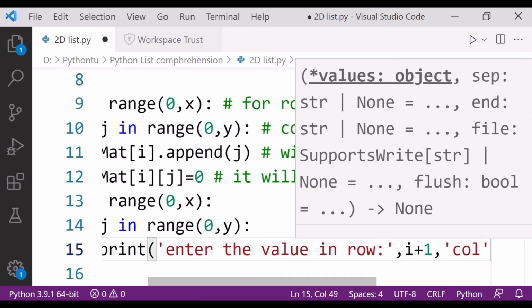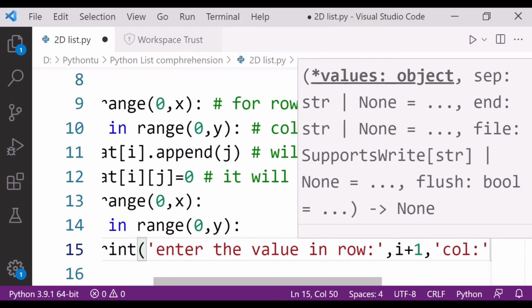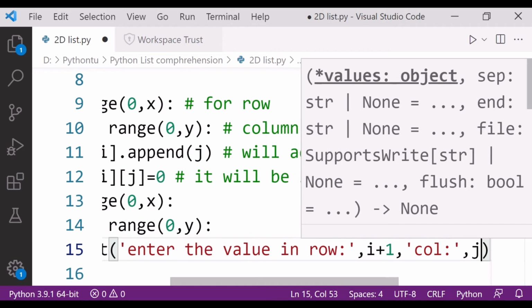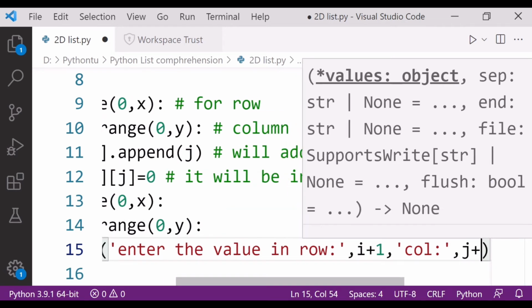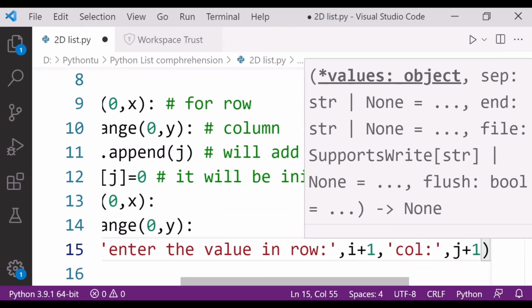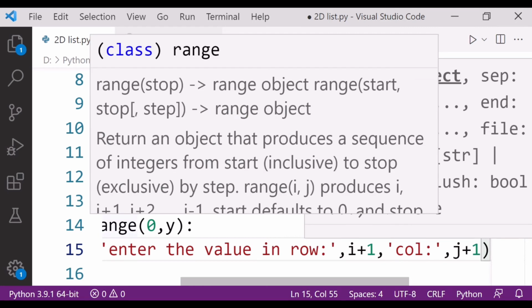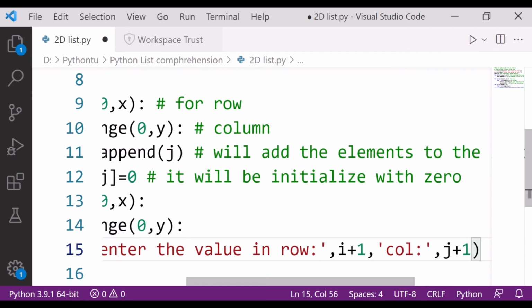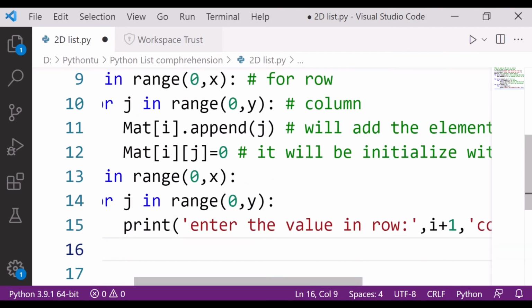After that, j plus 1. J I told you is for the column. So it's the same like Java and C++ where we are adding the values. Clear? Now after printing is all done, it's a turn of the matrix.